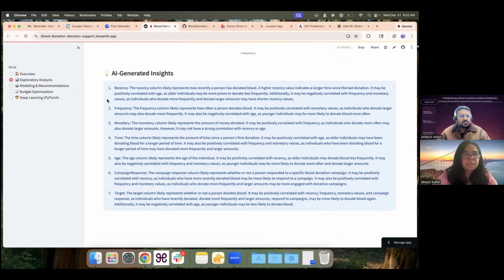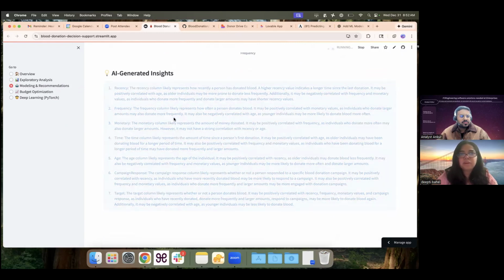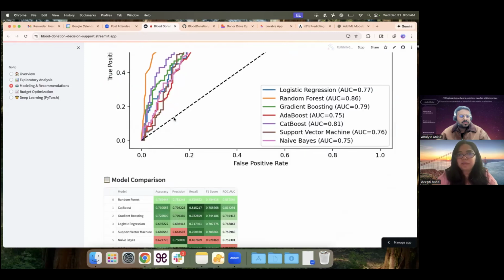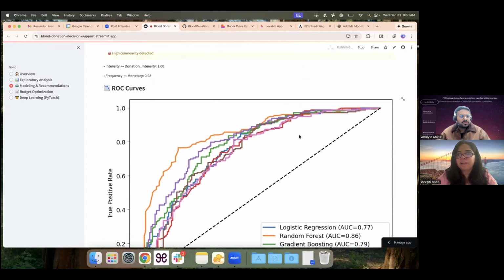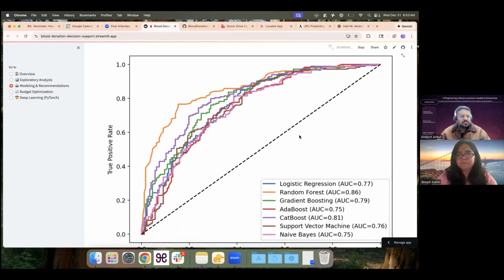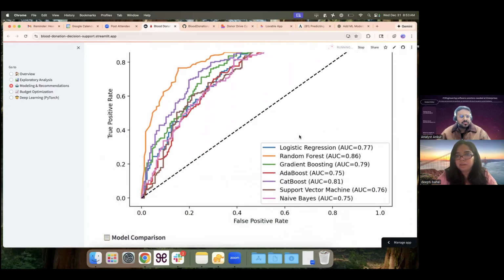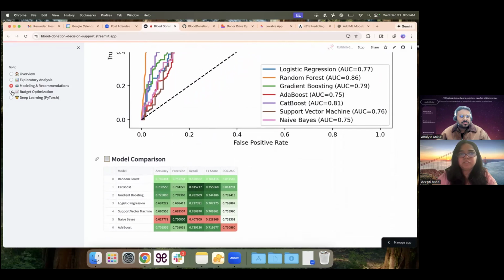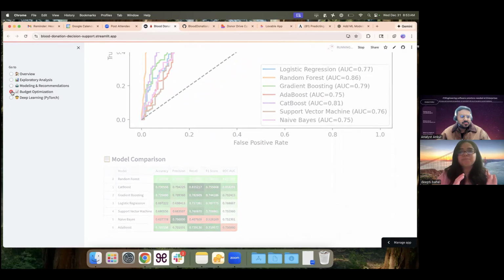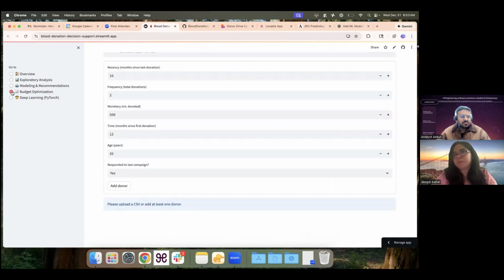And the third part was the modeling and recommendations, where I compared the different models I had applied in the research paper. You can see here I used logistic regression, random forest, gradient boost, and support vector machine methods, and compared these models. And the last part was the decision support part, which was the missing component in my graduate school project,